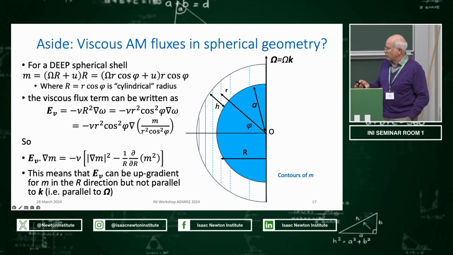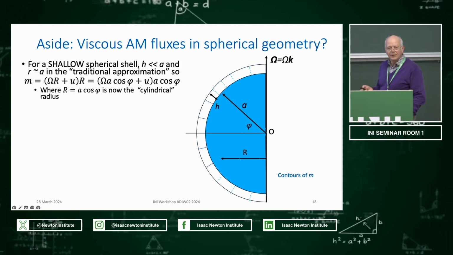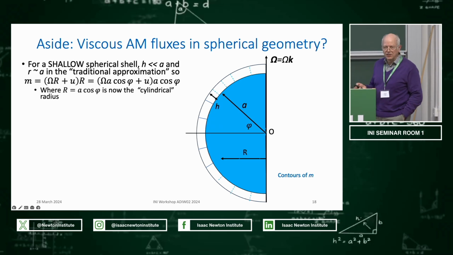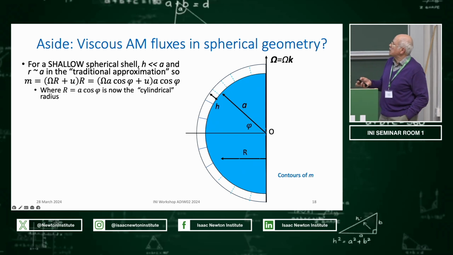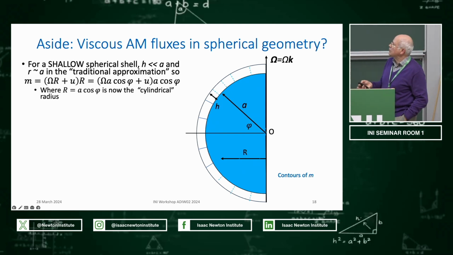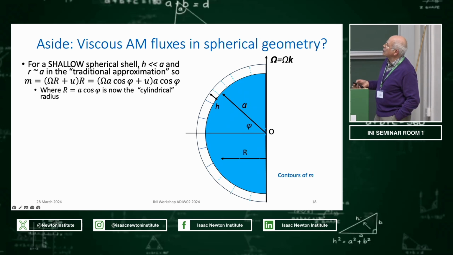Now that's a fairly general result. Atmospheric scientists tend to make a somewhat more approximated version of this, and I'm just indicating this as an aside because it'll be relevant to some of the calculations that we show in a few minutes. So for a shallow spherical shell,